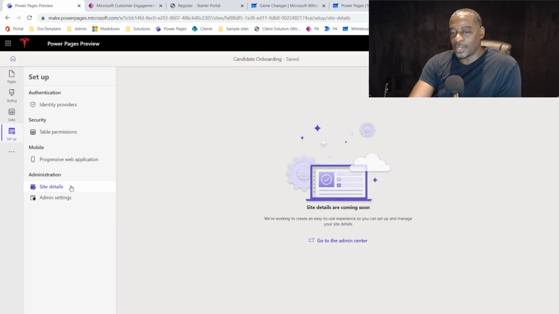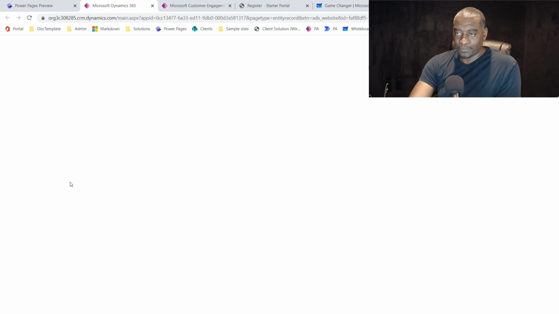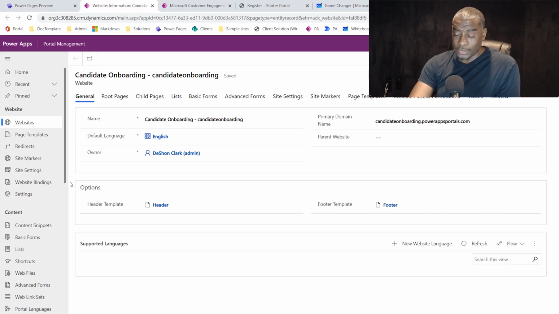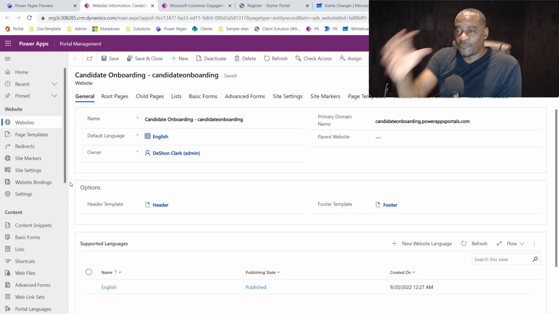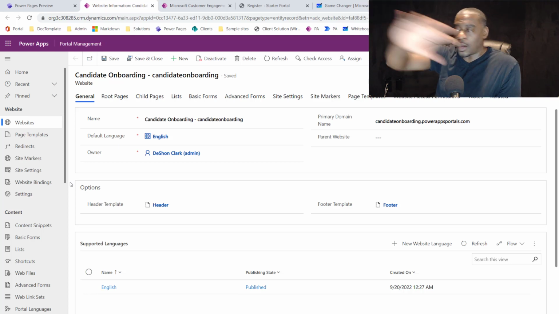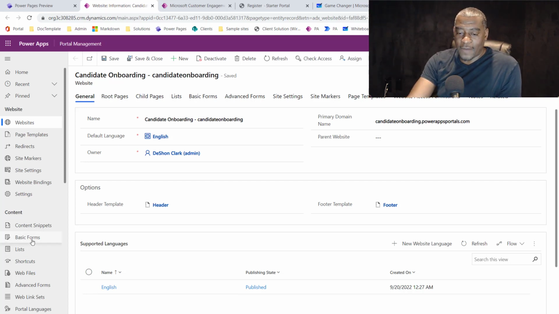So then if I click back to the Power Pages, you will notice that there's another option that says Portal Management. And this is even scarier, right? Because now this takes me to a Dataverse administration page. And when I say the Dataverse administration page, this is like the glue for all of my Power Pages sites in this particular environment. And if I go down to